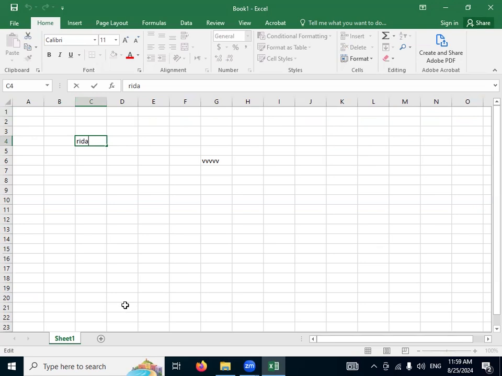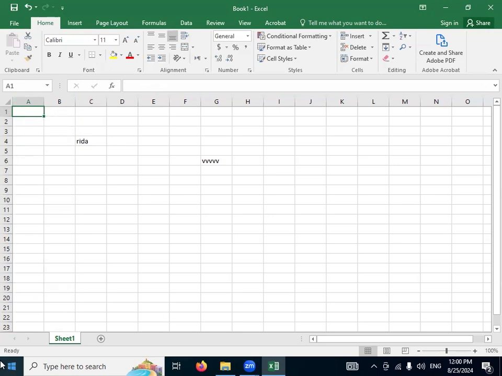Another thing, if someone asks you what MS Excel is, MS Excel is an application software and it is the combination of rows and columns, or you can say that the intersection of rows and columns is known as a spreadsheet. So you can see that here, if I show you, it is coming like this. If I select this, here you see a dot at the corner. Okay, this dot is basically linking this cell to this cell.